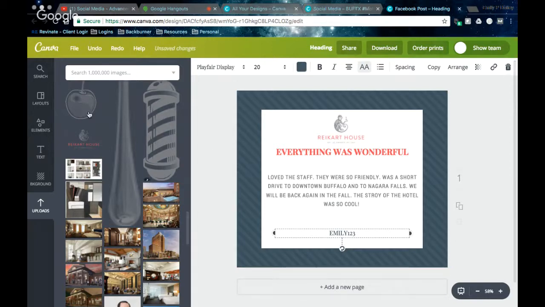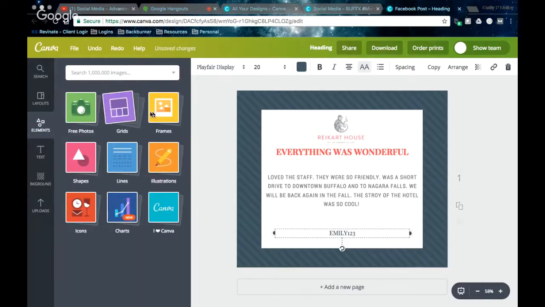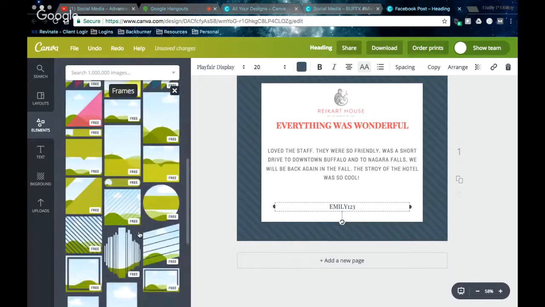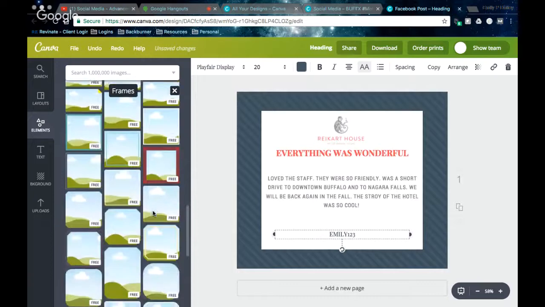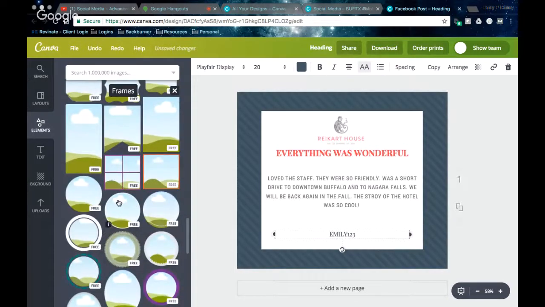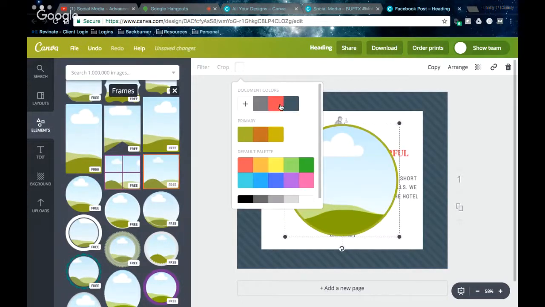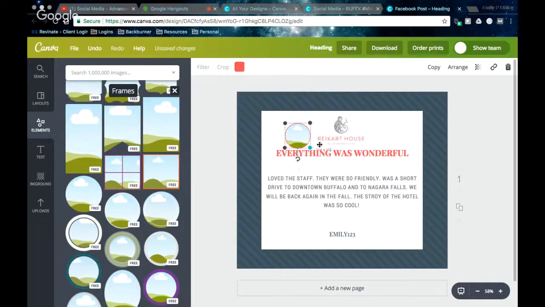There's one other little area that I'll include, which is I'm going to add a frame, which allows me to drag and drop a photo into a section. Now you'll see I'm going to do this in a little bit of a different way. So I don't want a square frame. I actually want a little circular frame. I'm going to do one with a white outline on it, and I can also change that outline color. So let's say I'd like to do the red color for my brand. So I'm going to go ahead and do that. I'm going to make this a little bit smaller, and I'm going to bring it over here to the corner of the